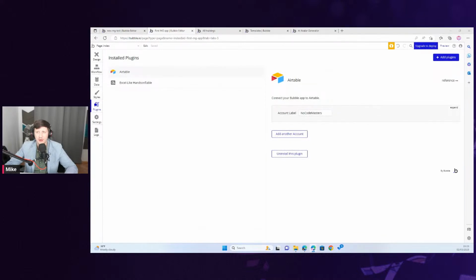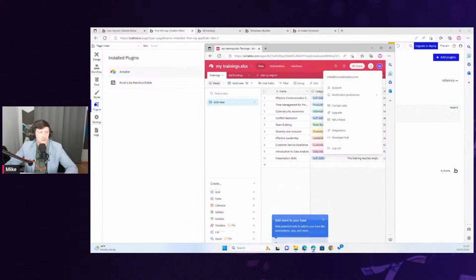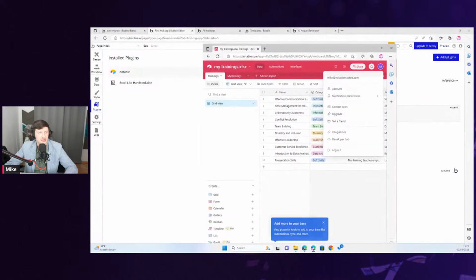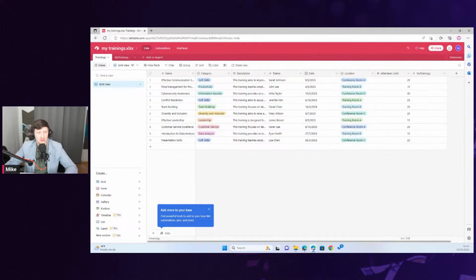Let's quickly verify how I configured these Airtable tables. Airtable is another service. It's like a simple database, like an Excel sheet, but more database friendly, especially when you have multiple relations between different tables.